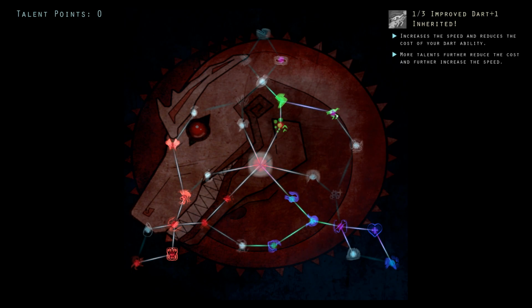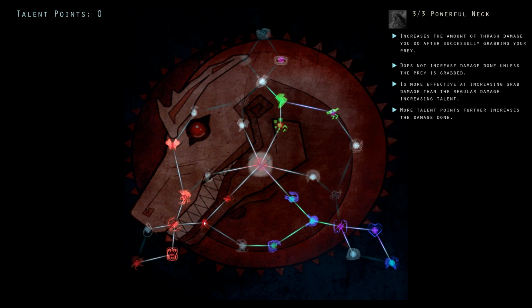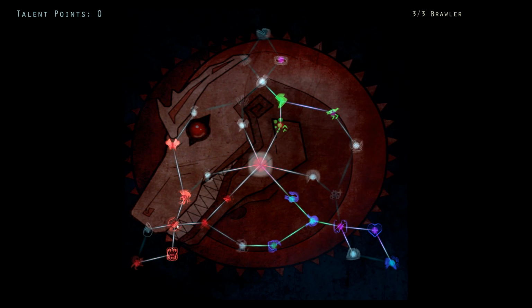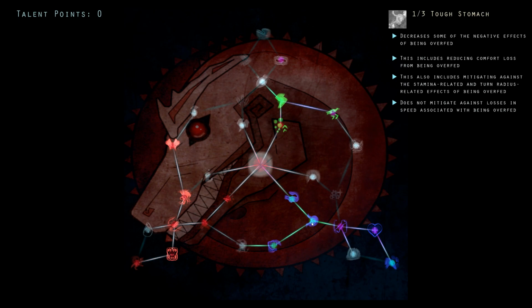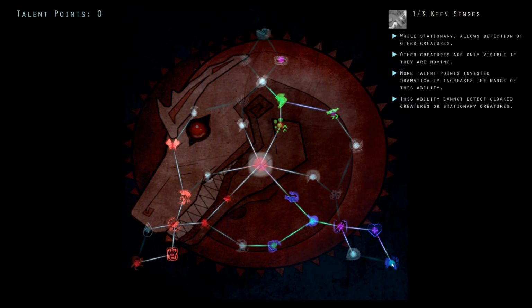We have an Inherit in Dart, so that's just awesome to have. Over here, 3 out of 3 in all of this. This is what's going to make us our most powerful and let us fight just about anything that we want to. And then our typical 1 down here to get keen senses, so you can sense when people are coming,